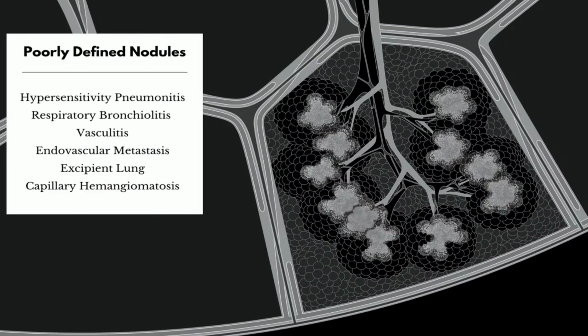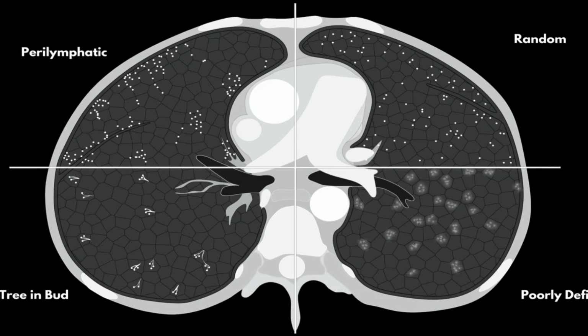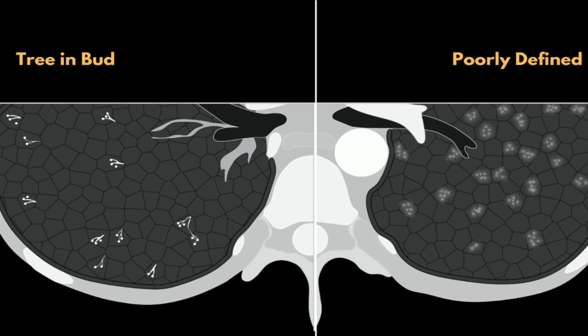As discussed before, look for airway disease, meaning bronchiectasis, mucus plugs, and wall thickening, as these point to transbronchial rather than hematogenous spread, as compared to perilymphatic and random nodules, which we will discuss later in this video. Centrilobular nodules spare the septa and pleural surfaces. As compared to tree in bud, poorly defined centrilobular nodules are more fuzzy, meaning ground glass,